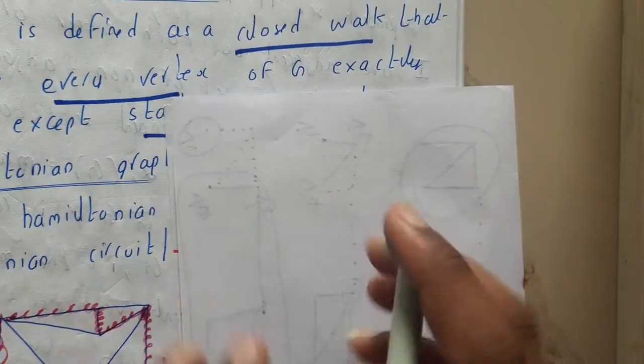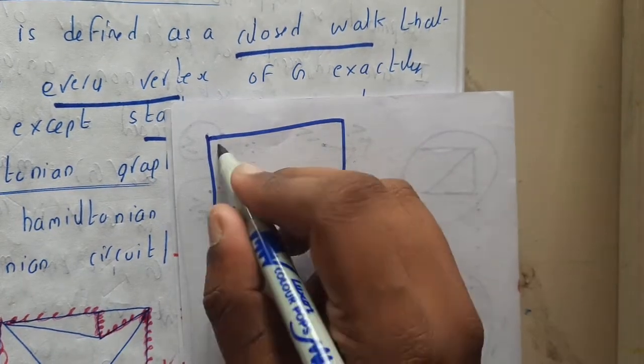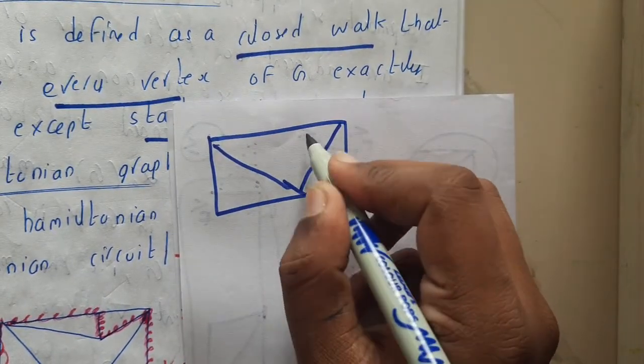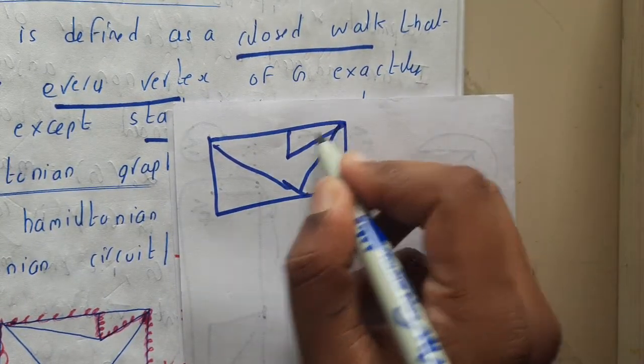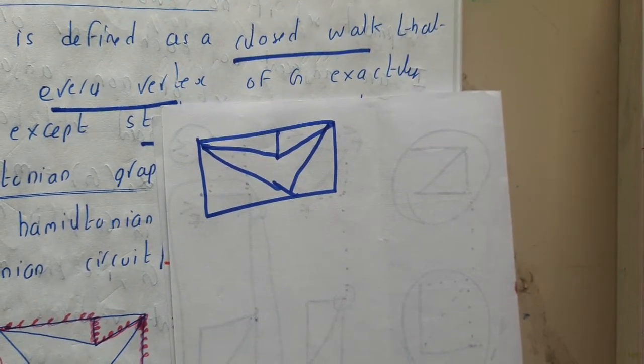Okay, so let us take a small example here, guys. I'll be using the same example which was given in the book. This is a small example which was given in the book, guys. So now let us try to solve it.